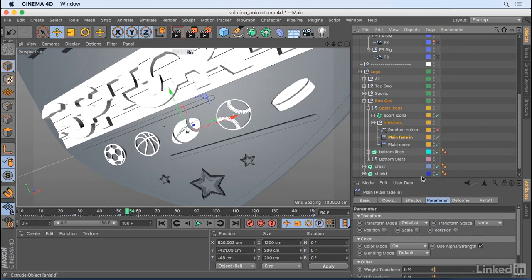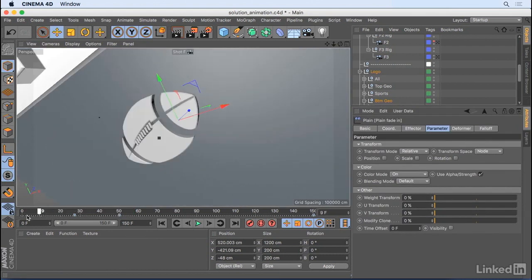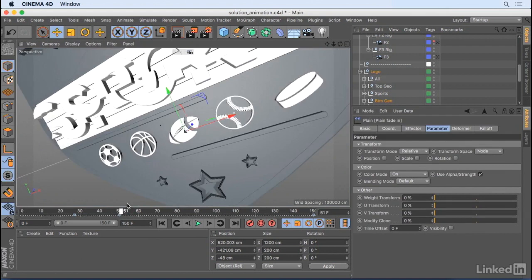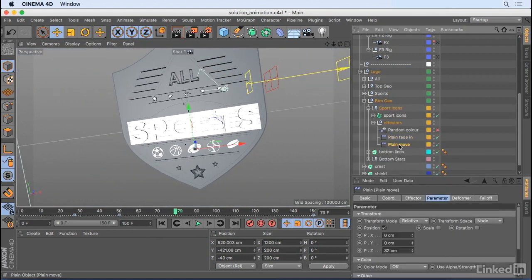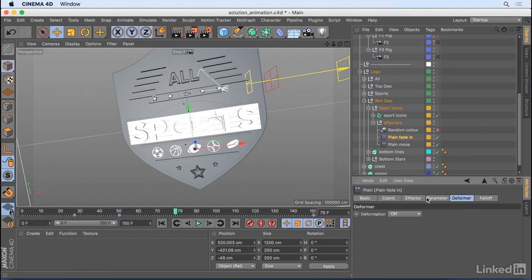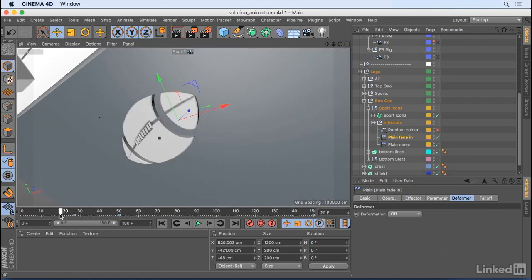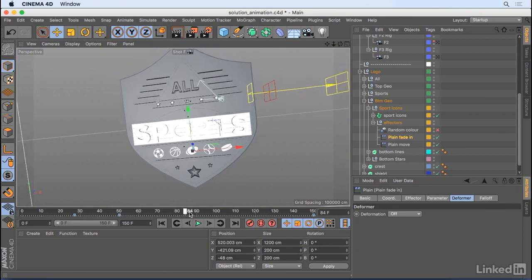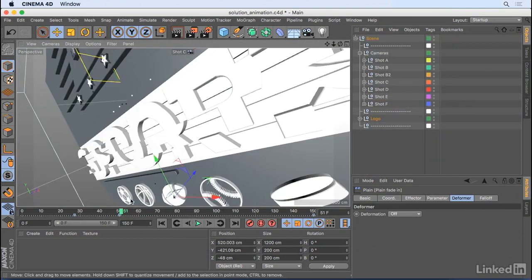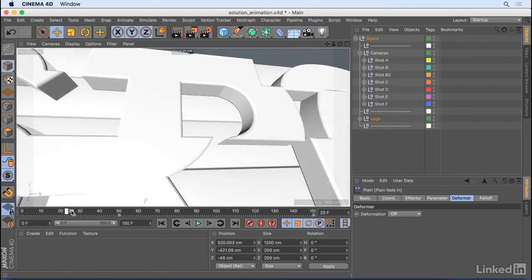So we can just see that I've got the fade in, and it's exactly the same method that I said before. So you can see them fade in slightly, and we also have a move as well. You can see there that the parameter in the z-axis is 32 units. So if we look in the coordinates, yep, that's just moving out, and that is really, in essence, everything that's happening here. So once it's all broken down, you can see that by adding camera moves, but adding detail as well, and